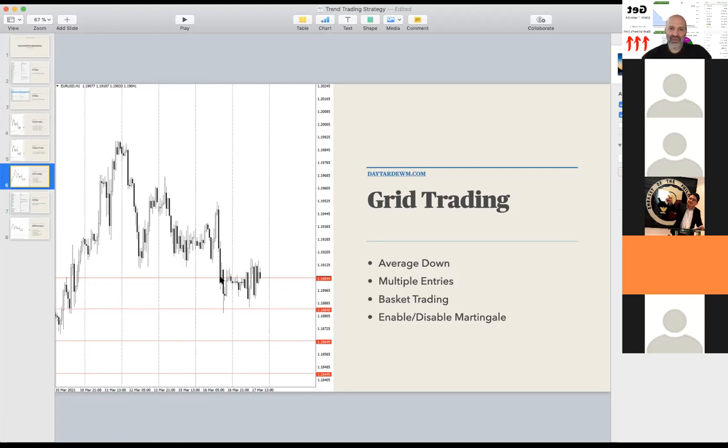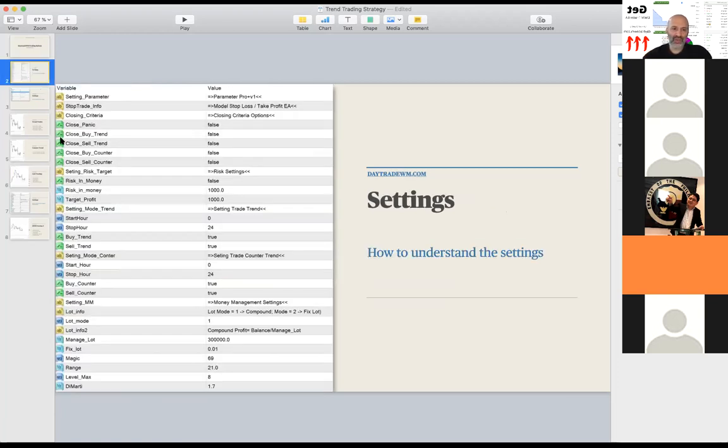If you have two trades, like this trade and this trade, and it continues going down and you average down here, you buy another one, then if it goes up again to the middle point, you will be in profit. And if you go above that, this will be the break-even level. If you go above that by 11 pips, which you can